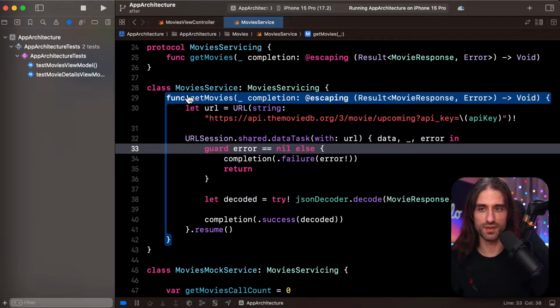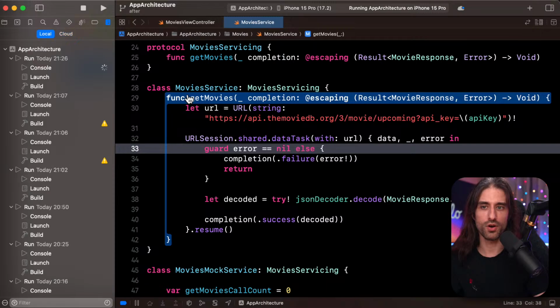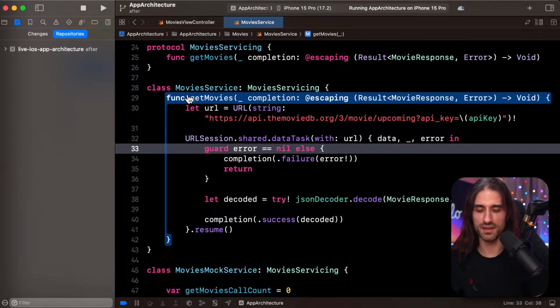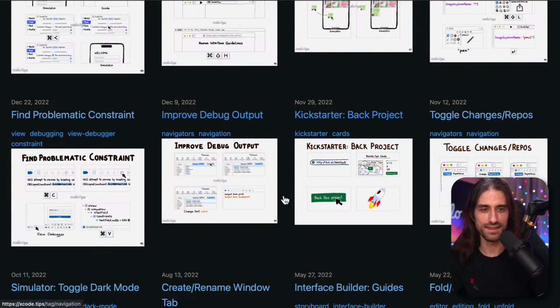I don't know if you can do it with others, where you can switch between several modes. Oh yes, you can do it also with local and cloud build, so on Command 9. I think it's the only other one where you can do it because it's the only one where you have more than one tab. So that's a good one to know. That was a quick one, but an interesting one. Even though, like I told you, I don't use source control within Xcode, so I know that I will never use this one.